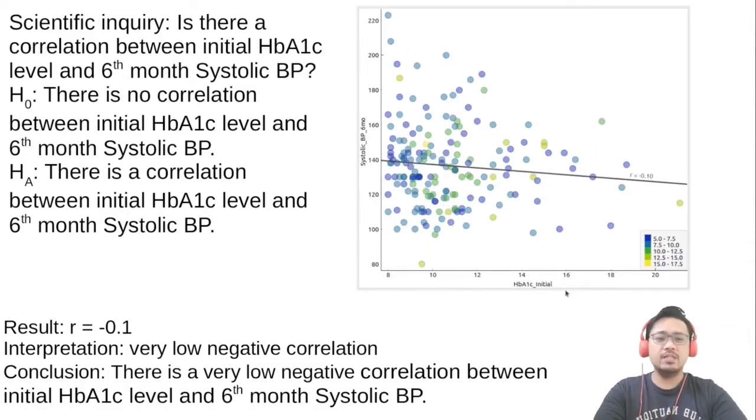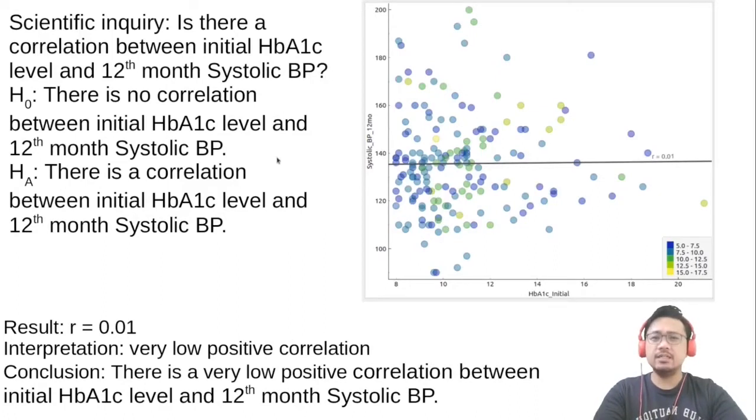How about initial HbA1c and 6-month systolic blood pressure? It looks the same. There is a downward regression line. The coefficient that we got is negative 0.1, which means there is very low negative correlation. Next, between initial HbA1c level and 12-month systolic blood pressure, we have a coefficient of slightly positive 0.01, very